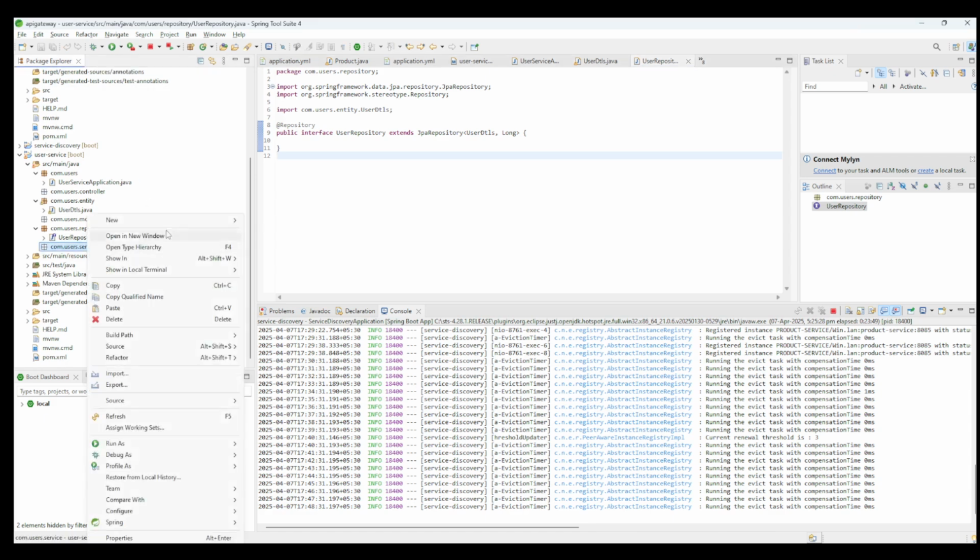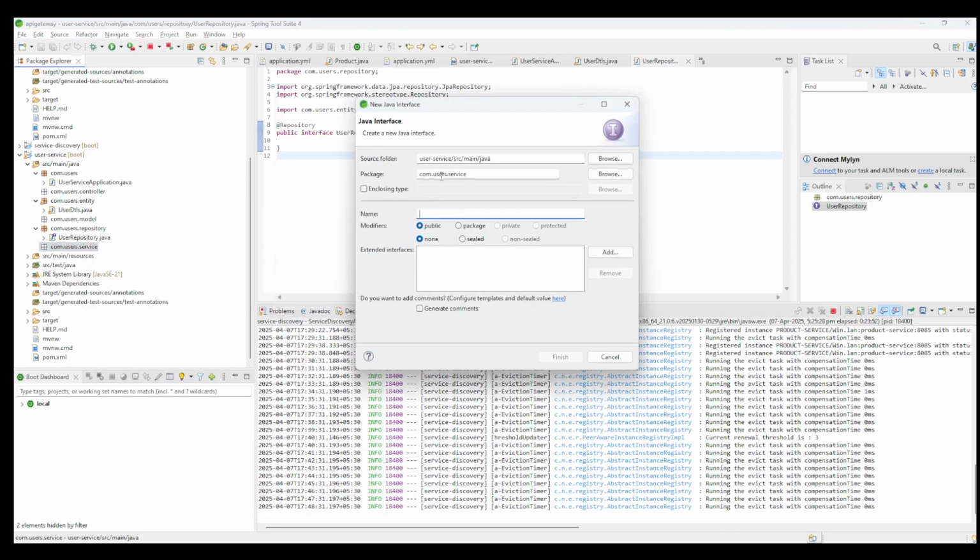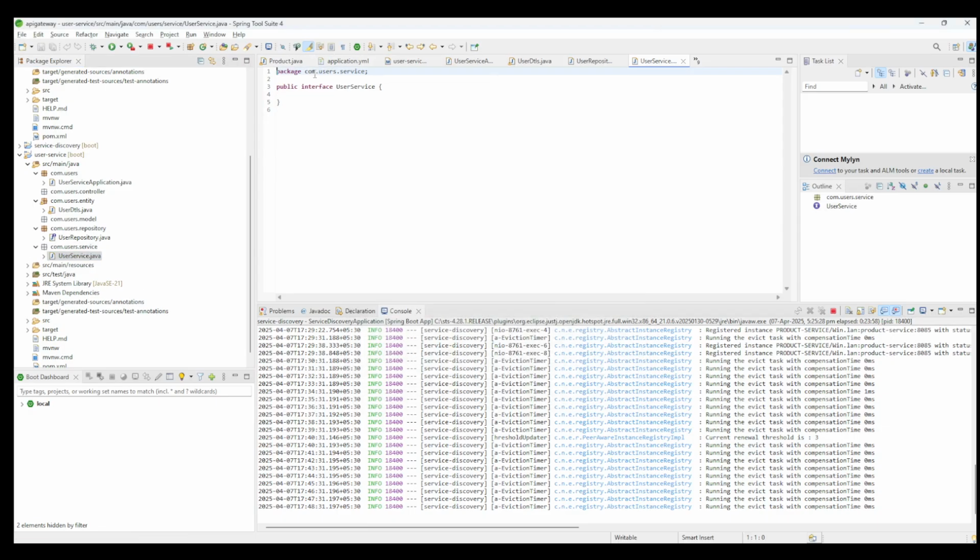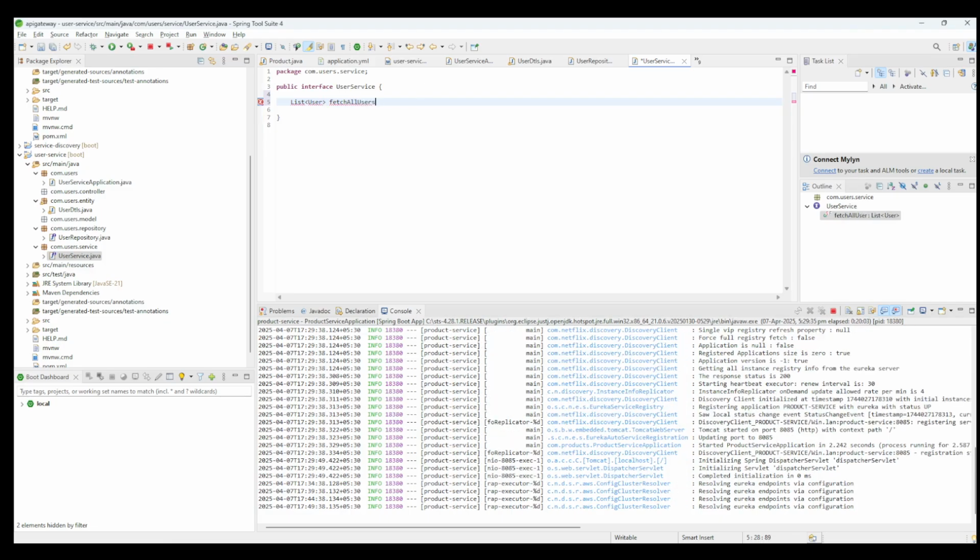Now let us create our service interface next. Let's say user service, and we can add all the necessary methods. It should return a list of users with a method like fetch all users. Next, we are going to add create user, and here we are going to pass this new user, and finally we are going to return